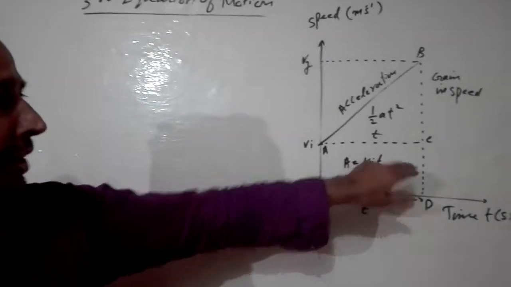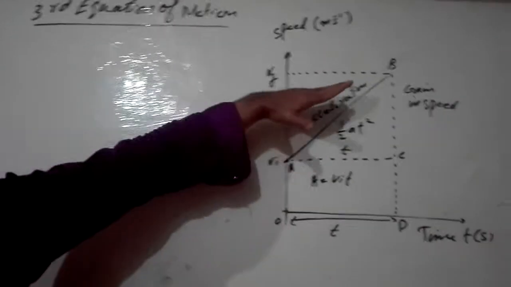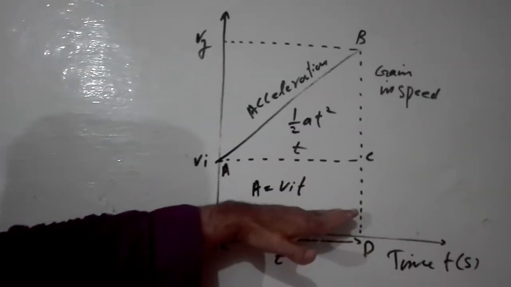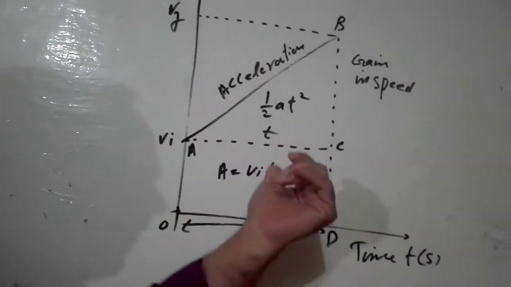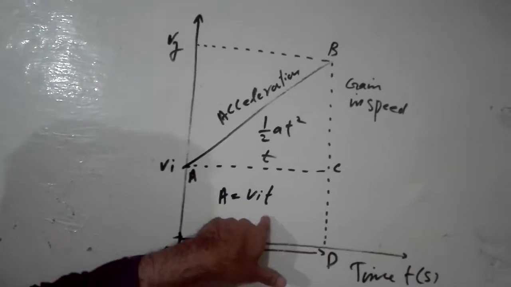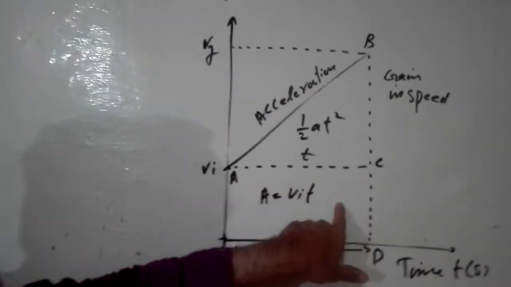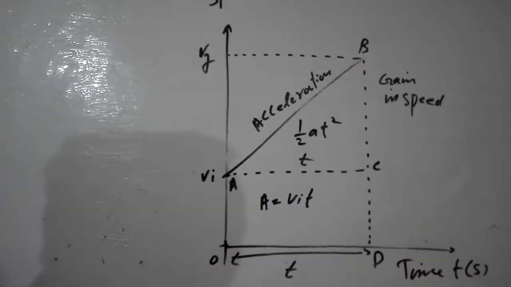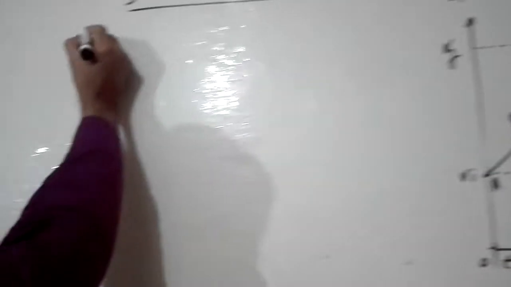Because in the second equation of motion, you have to find the total distance covered by the body, and in the third equation of motion, you also have to find the total distance covered by the body. But in the third equation of motion, we have to proceed in a different way. Like if I write, you know what is the second equation of motion?